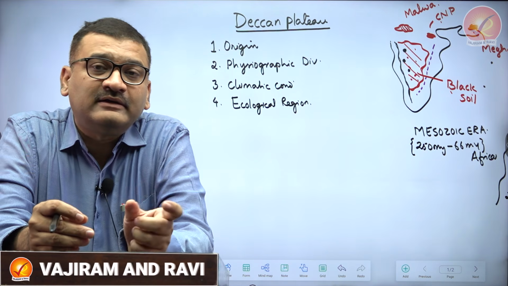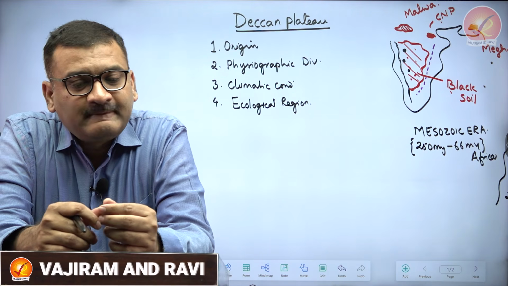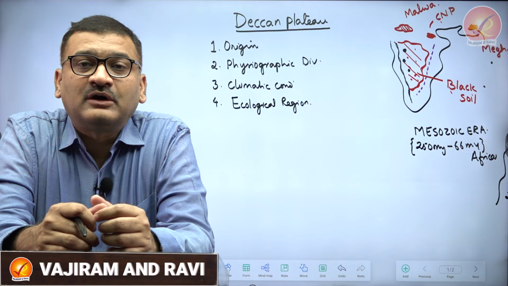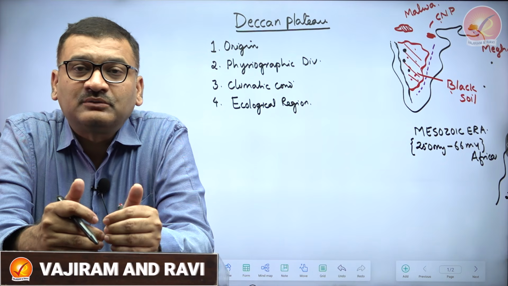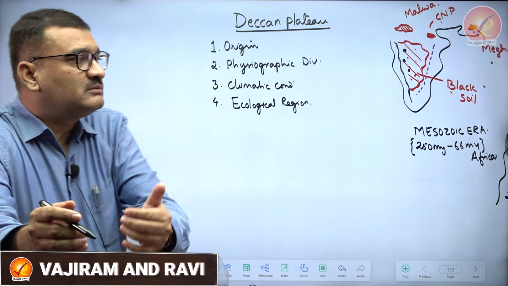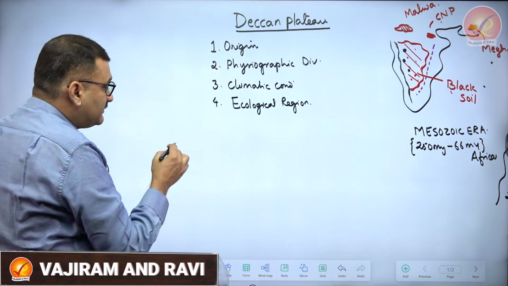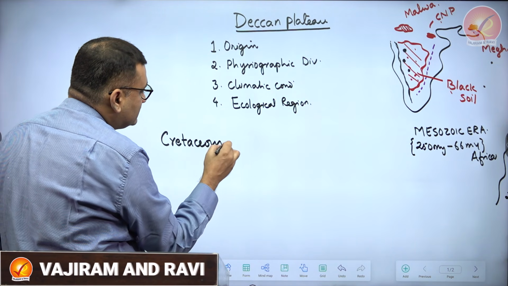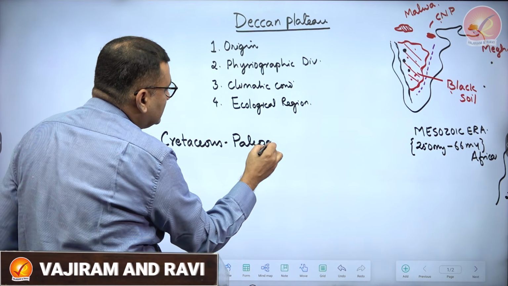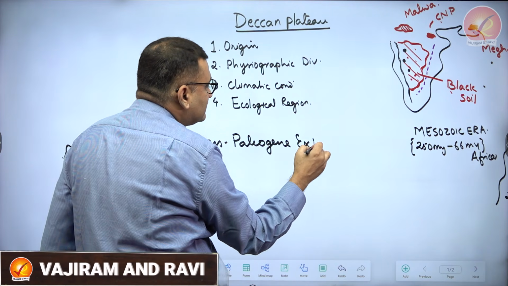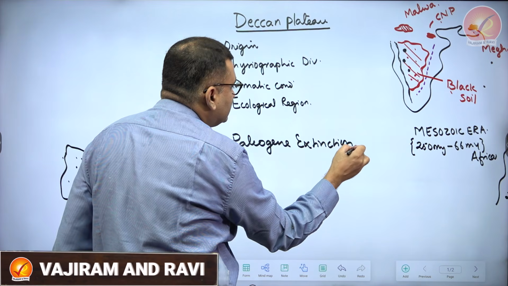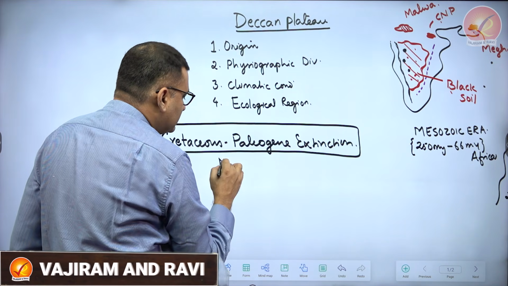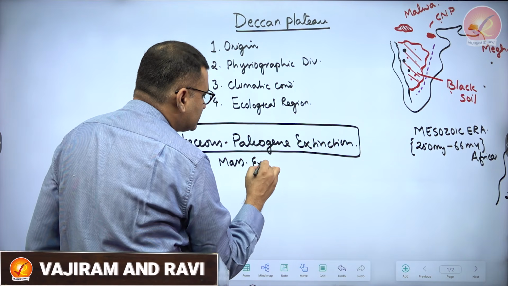So, we can write in this context also that the Deccan Plateau was responsible for mass extinction of species that were existing over the Indian region. So this has happened during the end of Meso. So this was known as Cretaceous-Paleogene extinction. So Cretaceous-Paleogene extinction, this is considered as the mass extinction